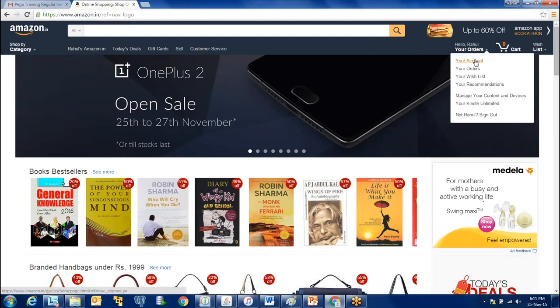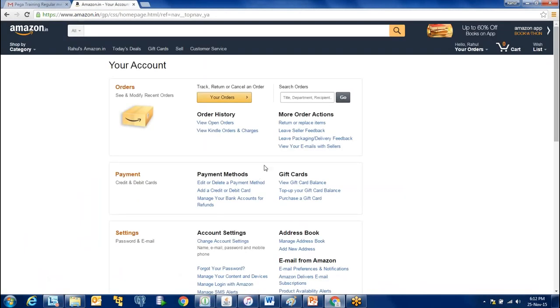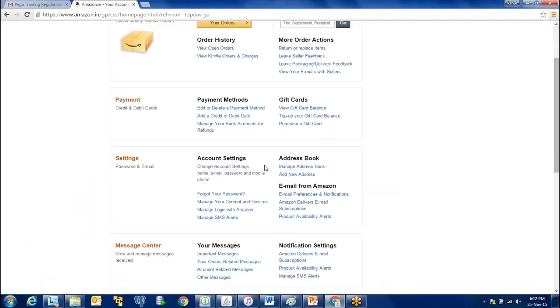You see that I have an option here that will show me the account details, the orders, the wish list, and things like that. If I click on this Your Account, it will take me to the account page, and here I have different functionalities or tasks that I can execute. It can be as simple as adding a new address.